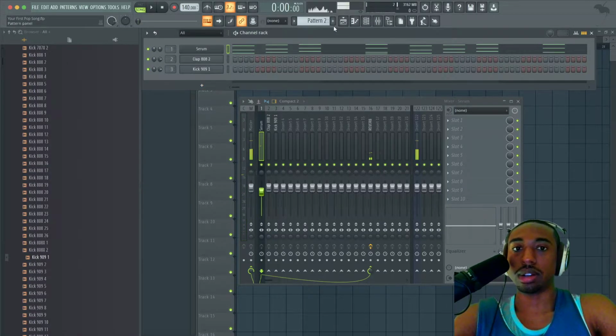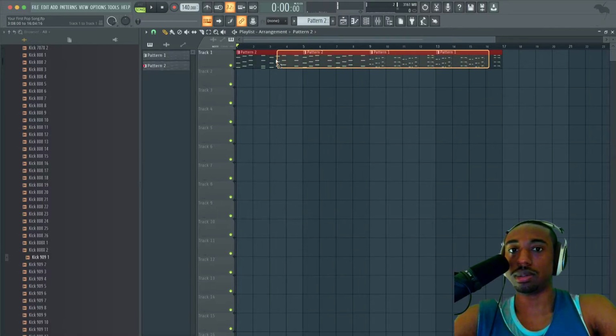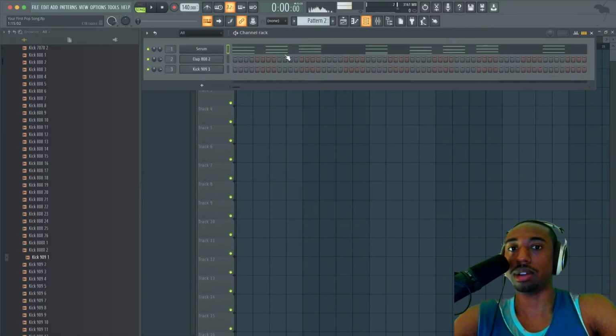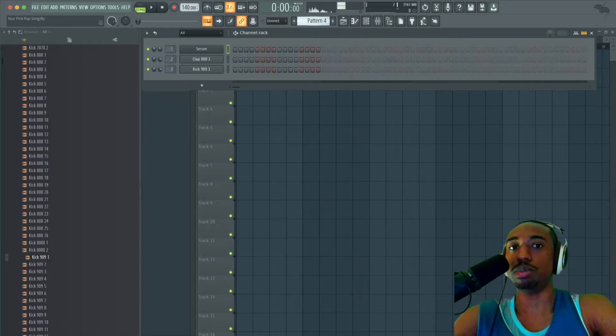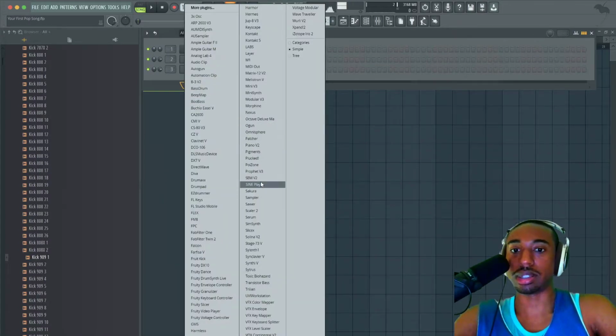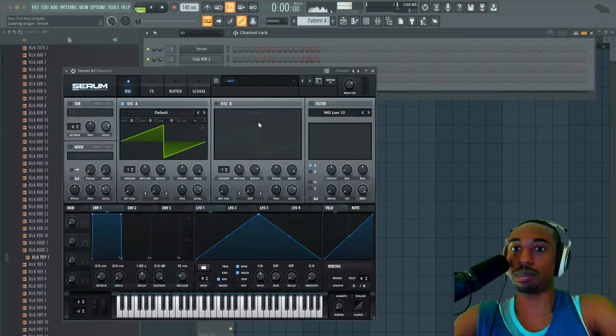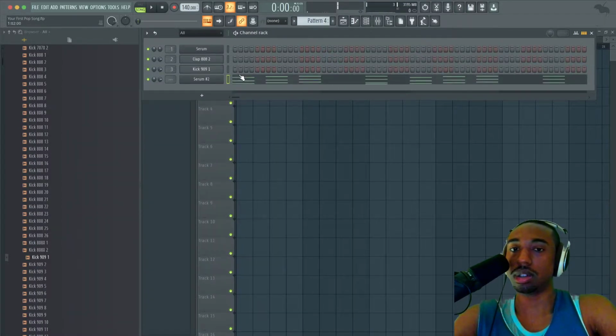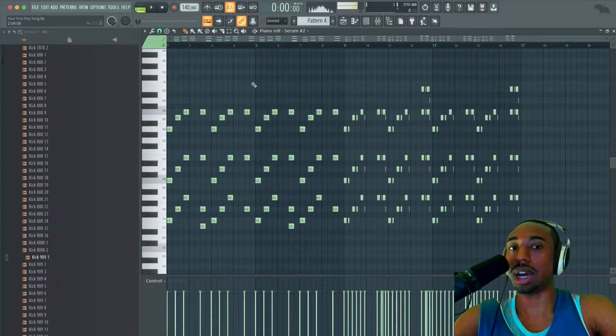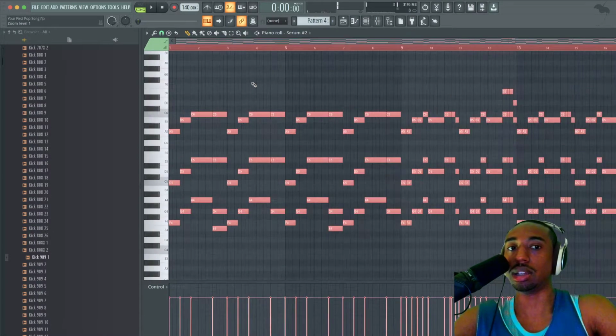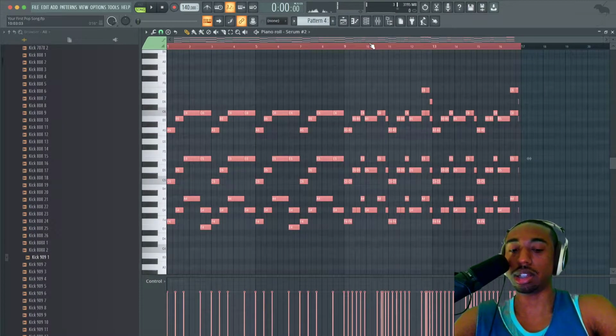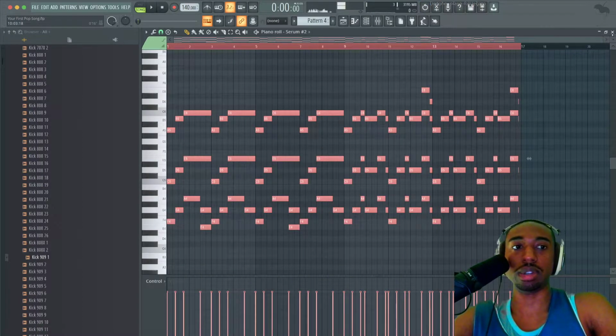Okay, now let's get kind of crazy. So we're gonna merge all this together. Hit Control G, so it's a whole new pattern. We're gonna copy all this information, hit Control C, go to a new pattern, open up another Serum here. We're going to paste all the MIDI notes, Control V, go to your piano roll, highlight all the notes, hit Control L to fill out all those gaps, then hit Control G to group any similar notes, and then that should be good.